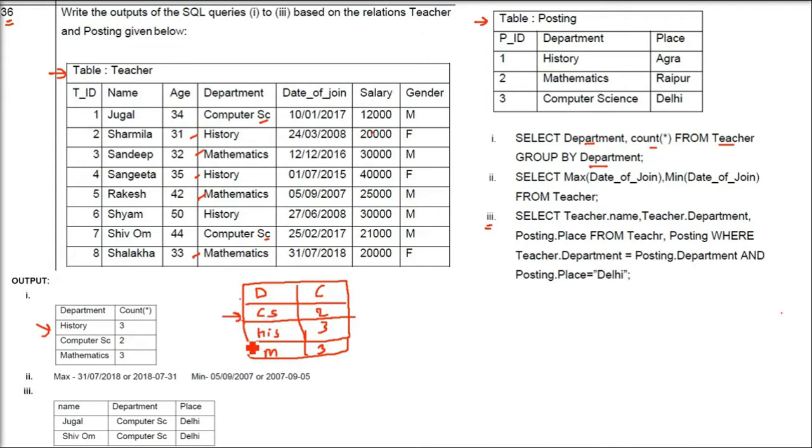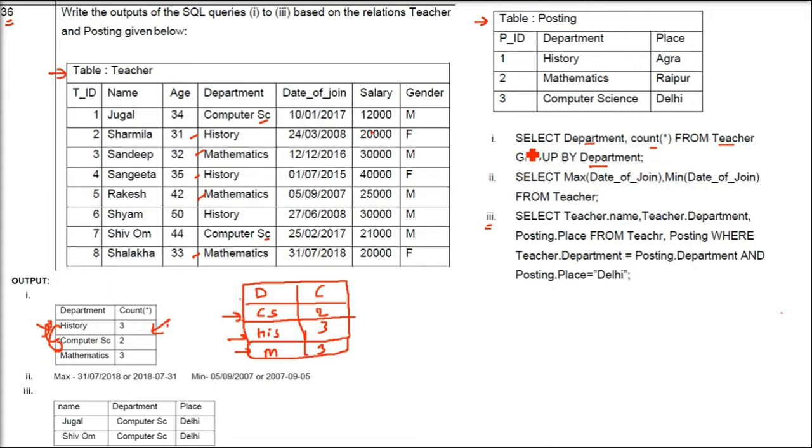So you have to take C first, computer science. Then E, F, G, H, H will come. Then H, I, J, K, L, M, M will come later. First computer science, then history, then math. This is not very correct because it has to come in an alphabetical manner, because the group by is on the basis of department only.